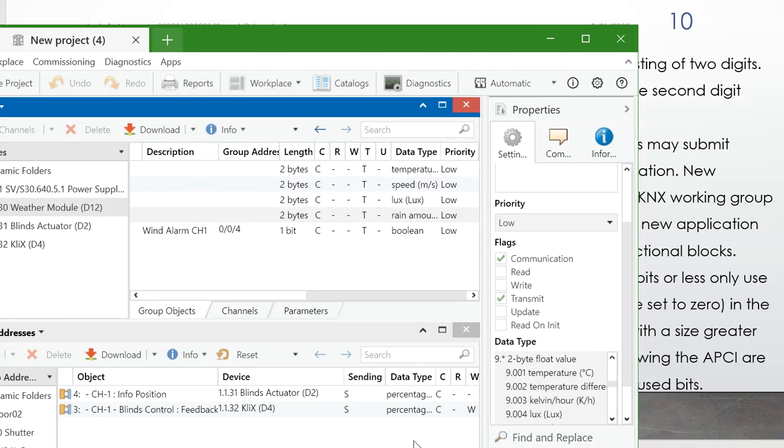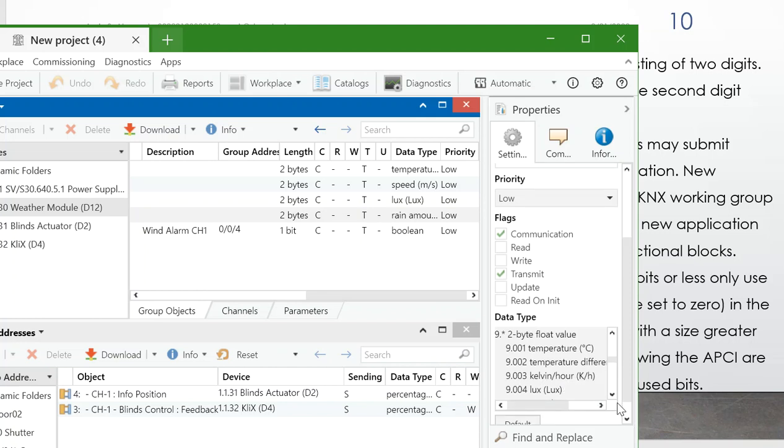For example, about the temperature, 2 bytes, you can see the 9 is temperature, but the second part tells us whether it is Kelvin or centigrade and so on. You can see all different things here.